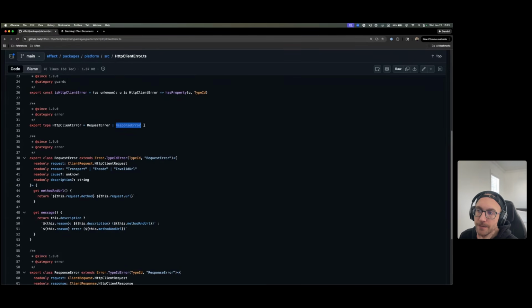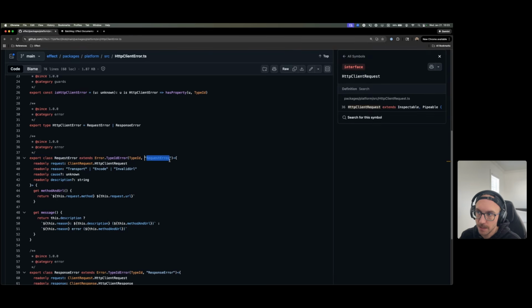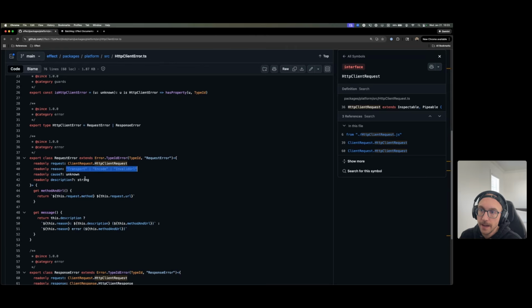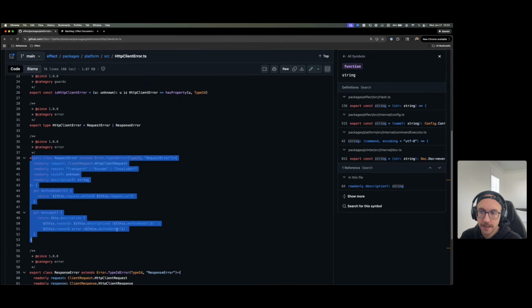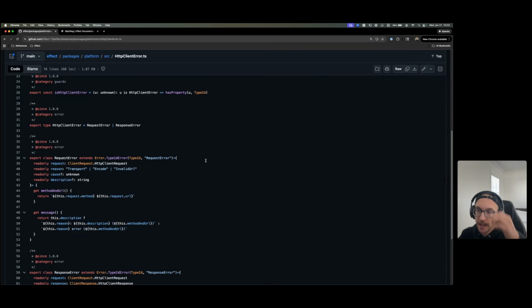And unfortunately, or fortunately, I don't know how you want to think about this, the only way to discriminate between what's going on is to catch the tag for these. So in this case, you would catch either request or response error, and then you have to further discriminate on the reason. And because of the way that this is structured in 3.0, we don't really have a great way